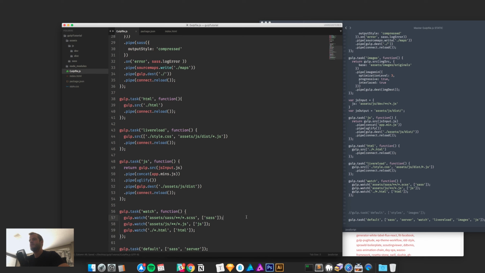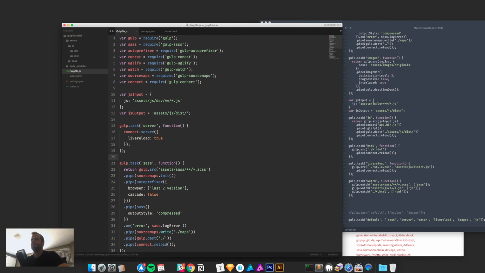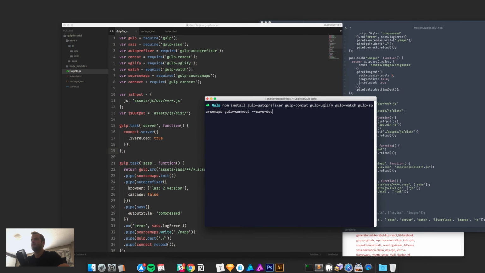So the last thing to do is to make sure all of these tasks are declared in your Gulp default task, so you can just run Gulp instead of each of these at once, which would be a pain, right? We got live reload and JS in this project. I'm not doing images. So if all goes right, we should be in good shape. So I'm going to run Gulp. So I installed that. If I run Gulp,